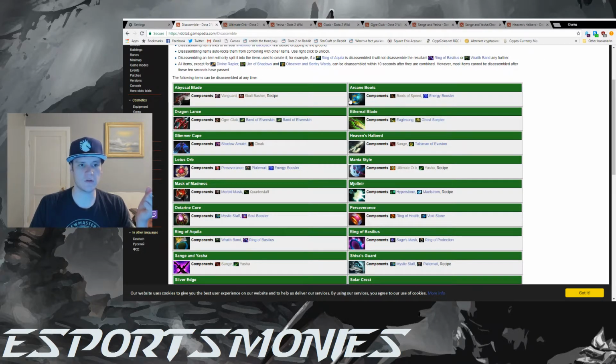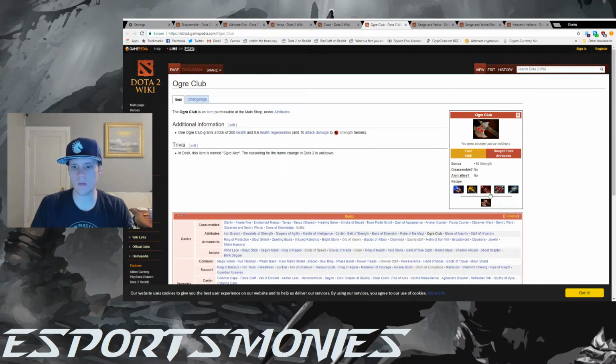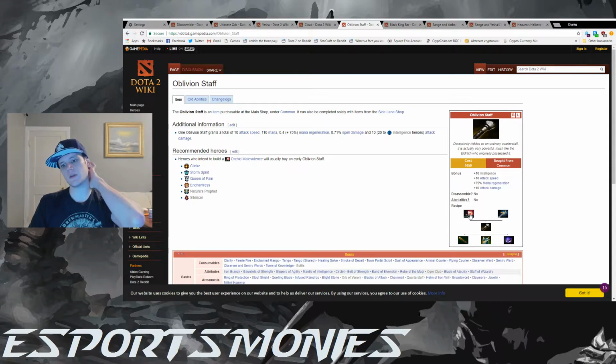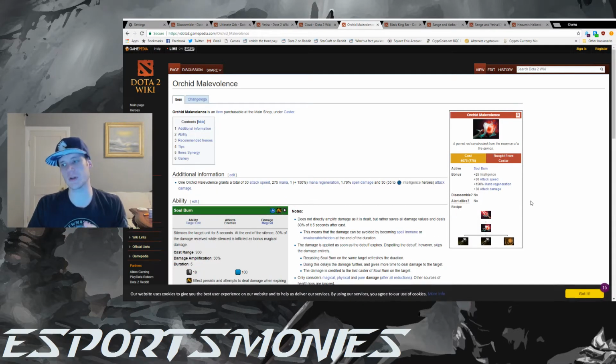So let's look up Orchid. So let's go ahead, move this over. And so Oblivion Staff builds into Orchid. So Orchid is 4,075 gold, and this is 1,650. So this would basically bring the cost of your Orchid down to 2,500 gold. This means your Orchid is now 2,500 gold. This gives you a 1,650 gold advantage towards buying that Orchid to create your Bloodthorn, just by already having an Echo Saber, and you